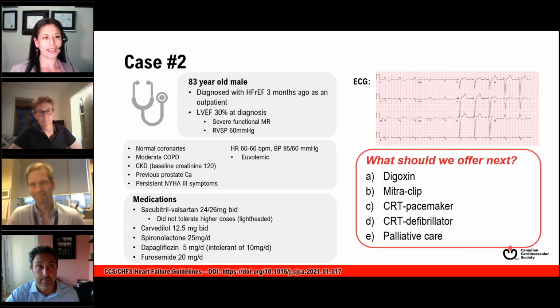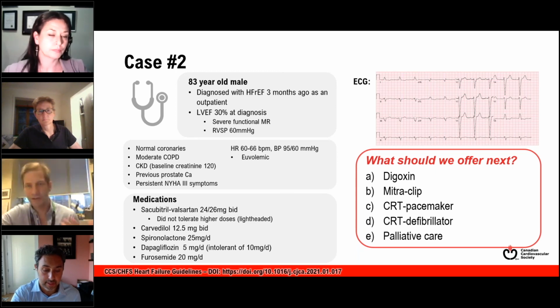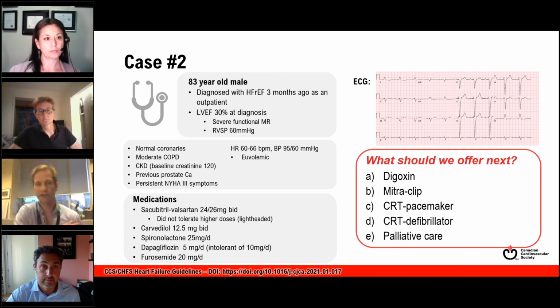Dr. McDonald, anything to add? No, I think you have to do your level best to try and titrate and give patients every chance at good titration of medical therapy. We have to recognize that in the real world, patients can have contraindications or intolerances because of their biochemistry, their creatinine, their potassium, because of their frailty and blood pressure. So while we